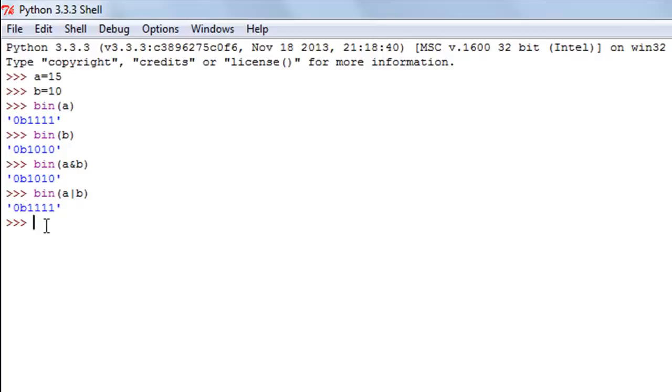And the last bitwise operator that we're going to check out is the exclusive OR operator, and the symbol for that is the hat symbol, and you would find it over the key 6 on most standard keyboards. Obviously you'll have to shift up. So I'll type in bin and then within parentheses A and then the hat symbol and then B,